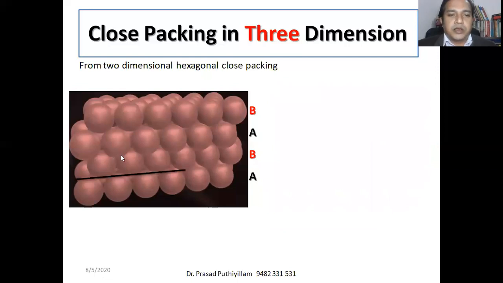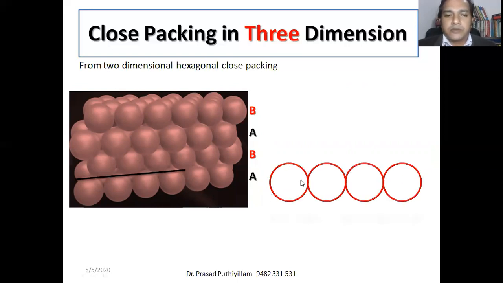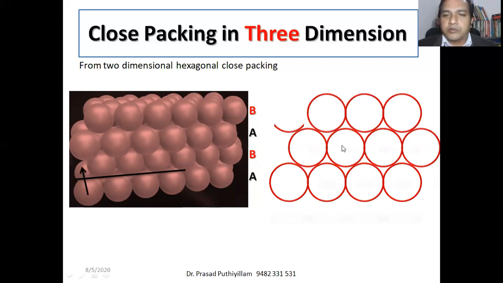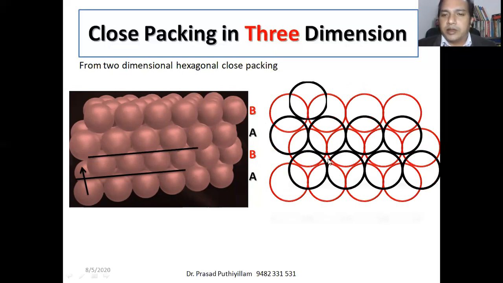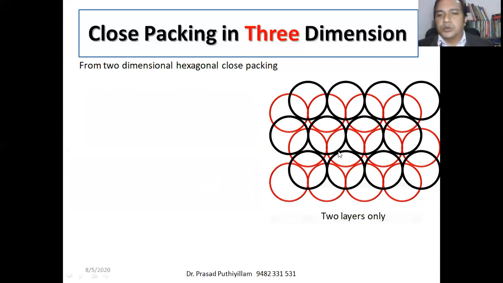Okay, so if we consider the first four atoms in the first layer, and if I represent it with a ring, okay, so these are the first four atoms, and there are atoms in the other directions, which are also arranged. So it forms a very close packing. Now the second layer is also considered. Okay, just to get clarity, I darkened it, I gave it a black color. It is the same atoms or same molecules. Now we are considering these two layers.